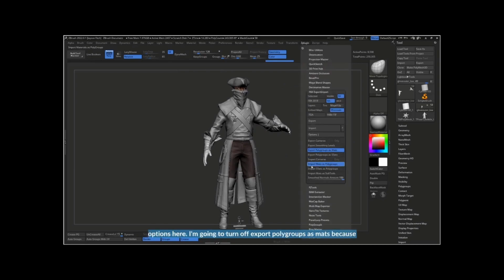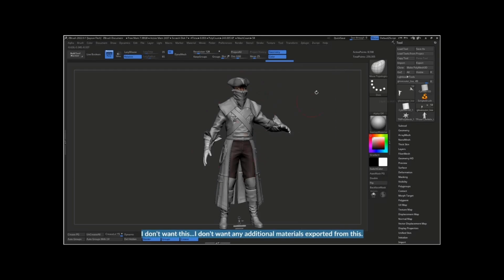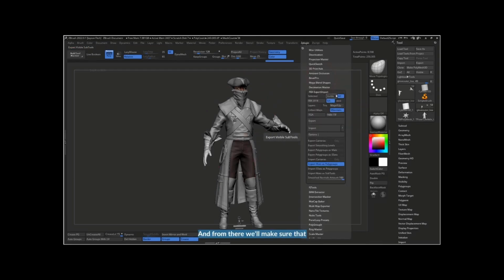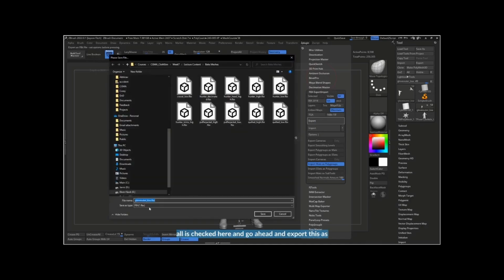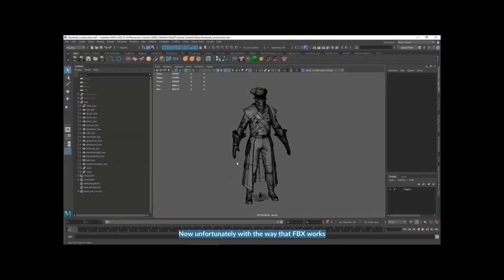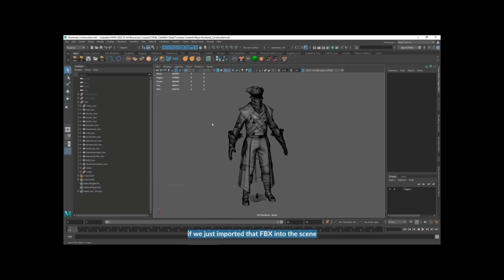I'll go into my options here. I'm going to turn off export polygroups as mats because I don't want any additional materials exported from this. And from there, we'll make sure that all is checked here and go ahead and export this as our hunter posed. Now, unfortunately, with the way that FBX works, if we just imported that FBX into this scene, it would